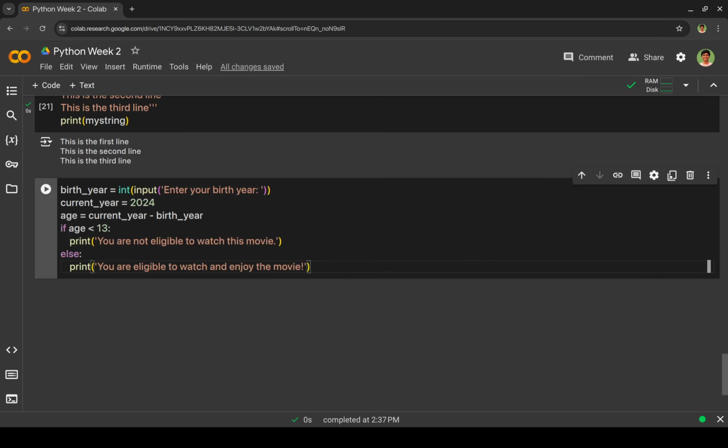So this is the code and let's analyze this. First we are taking input of enter your birth year and converting it into an integer and storing it in birth year. And current year is 2024 and age is current year minus birth year, right? So now if age is less than 13, we are printing you are not eligible to watch this movie. Else means if age is not less than 13, we are printing you are eligible to watch and enjoy the movie. So let me run this and